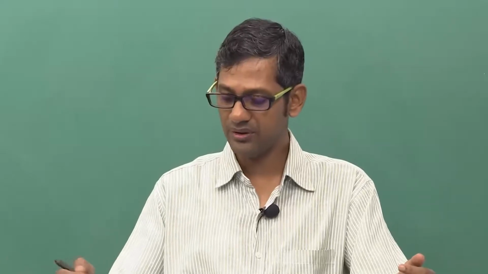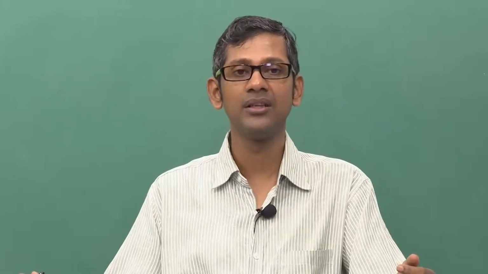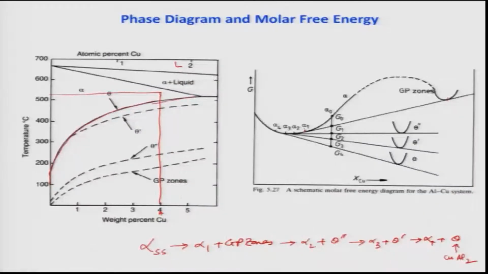As you see, concentration of copper is high here. That is because a sheet of copper layers basically gets attached. But the alpha which is in equilibrium with the GP zones also has a composition which is higher in copper. And the energy difference between